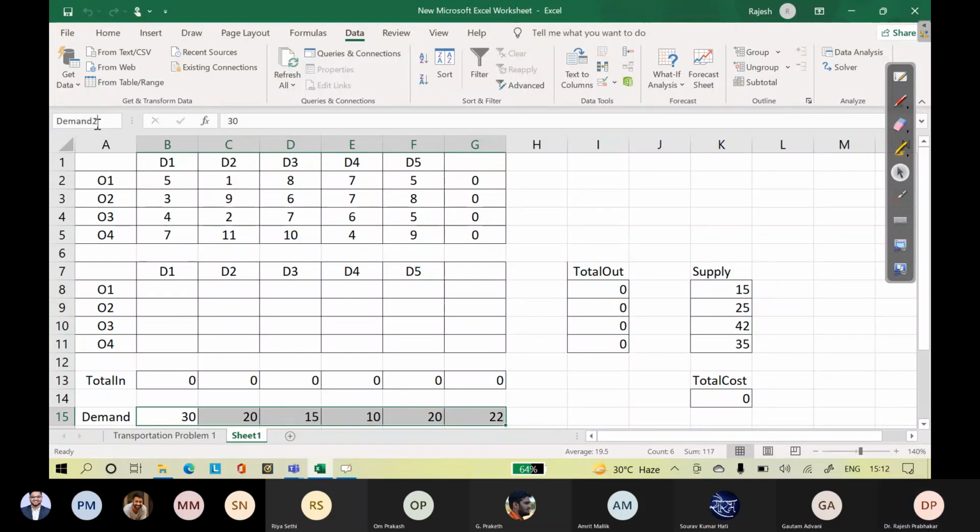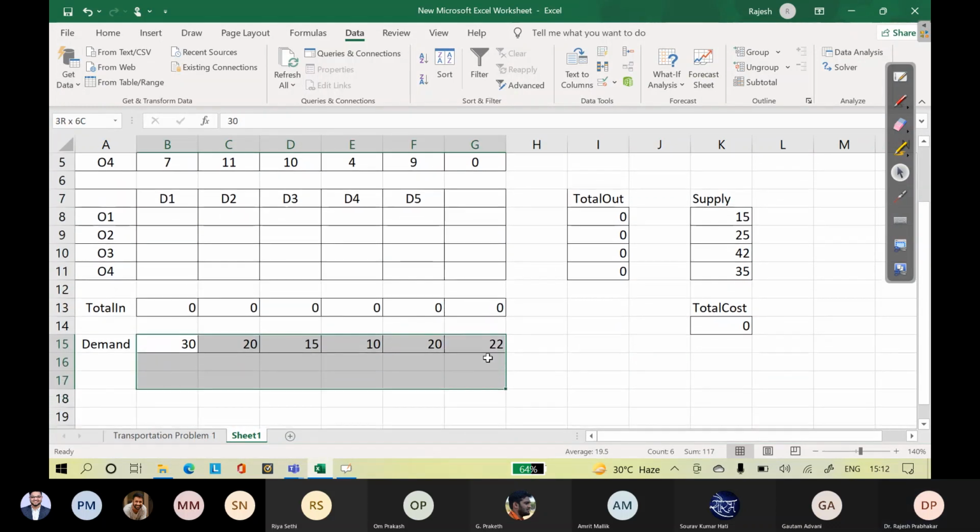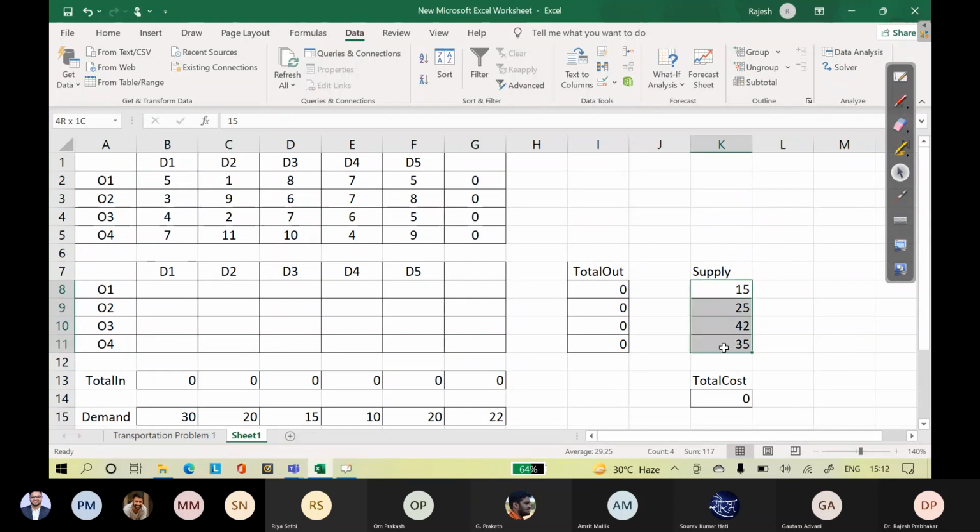Demand to, supply to. Sometimes leaving ranges will create a problem.